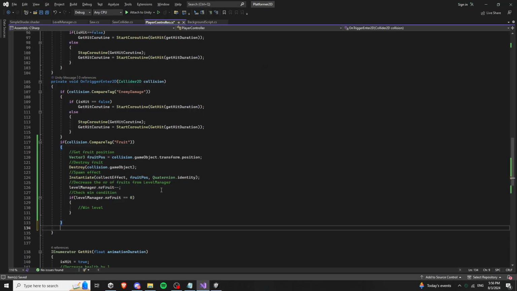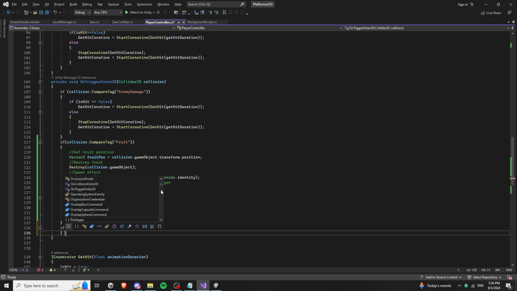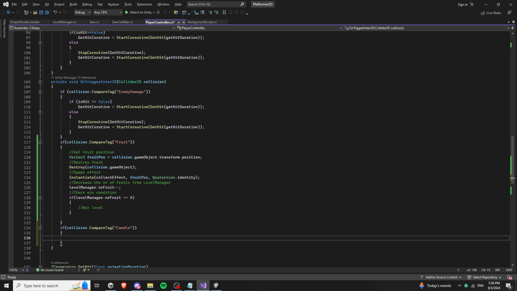So if collision compare tag it's candle, then we need to check if we meet the win condition, which means that if level manager number fruit is 0,